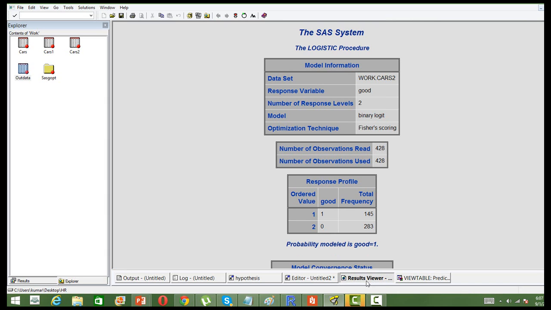See, there is a difference in it. You need to know what the probability is, right? Probability of happening of an event is nothing but 1 minus the probability of not happening of that event. Do you know this or not? Probability of happening of an event plus probability of happening of a non-event is equal to 1, right? So if, instead of the response variable, you put 0, just 1 minus that probability value will get you the value for 0, the probability of a non-event. Without the probability of the event, you can also find the probability of the non-event. What is the probability that the car is going to be a bad car? Just 1 minus. So we'll stop it here.